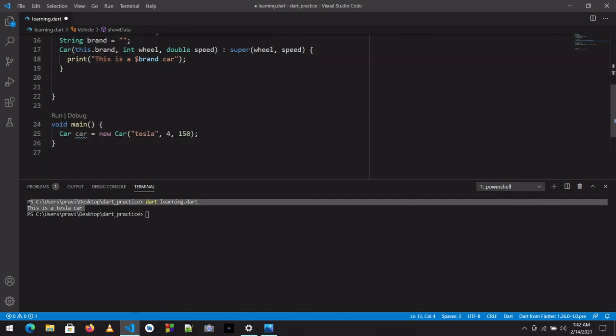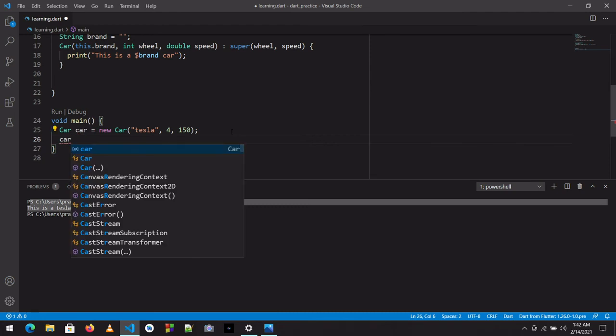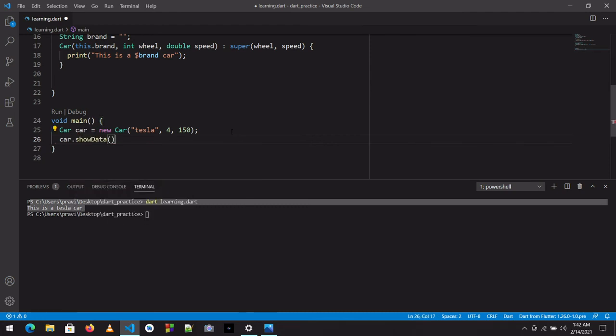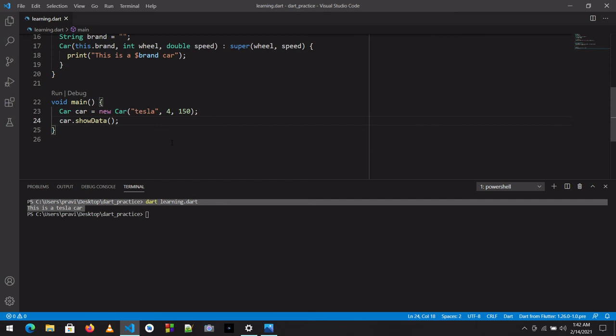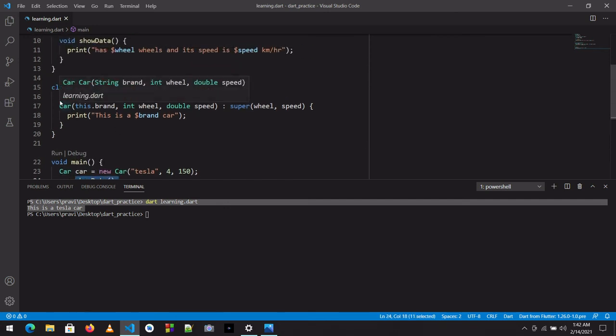So we understood how to access the function of the parent class by writing this car dot. You can see here I wrote car dot show data, which means I call this on a car belonging to this car class.